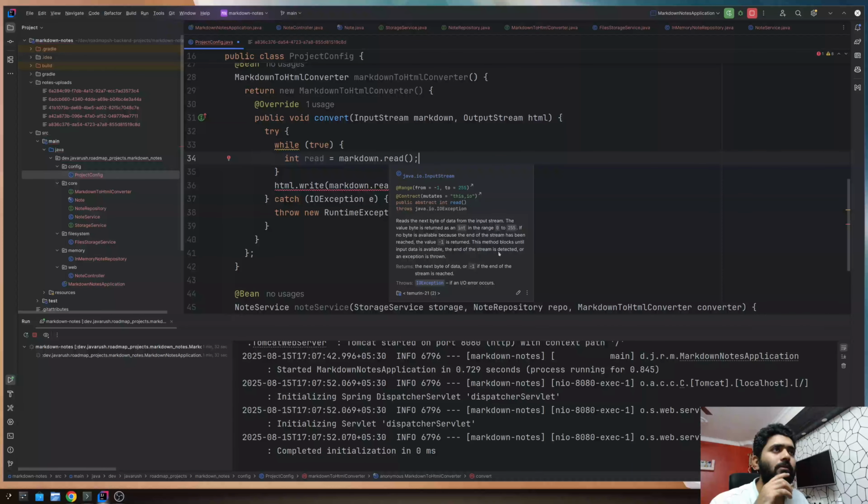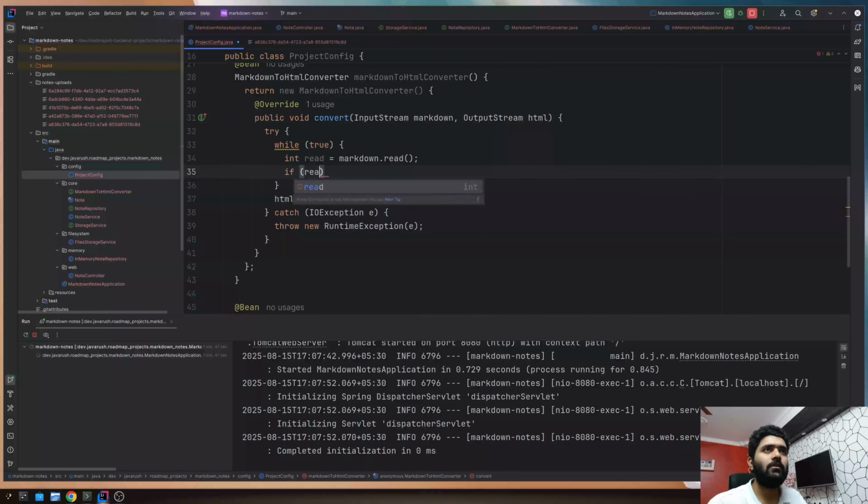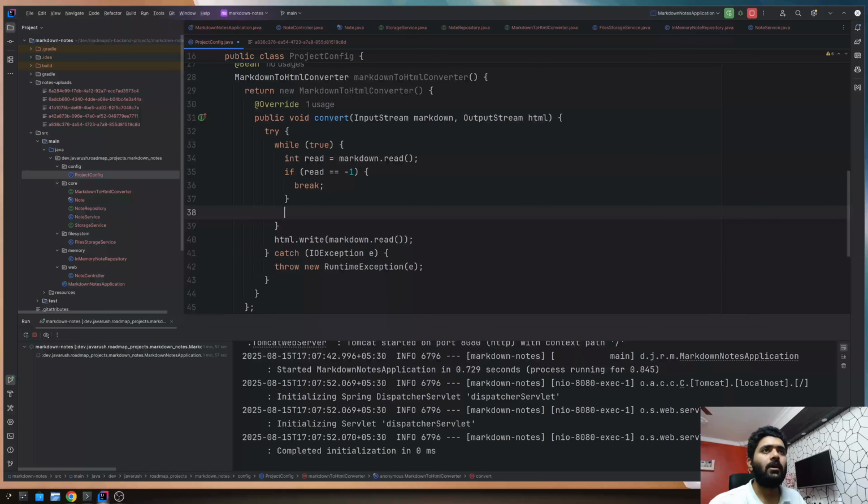What does it return? This method, okay, the value byte is returned as int in the range 0 to 255. If no byte is available because the end of the stream has been reached, the value -1 is returned. So we will say if read is equal to -1, in that case break, otherwise HTML dot write read. Whatever we read, we will put that in the HTML,